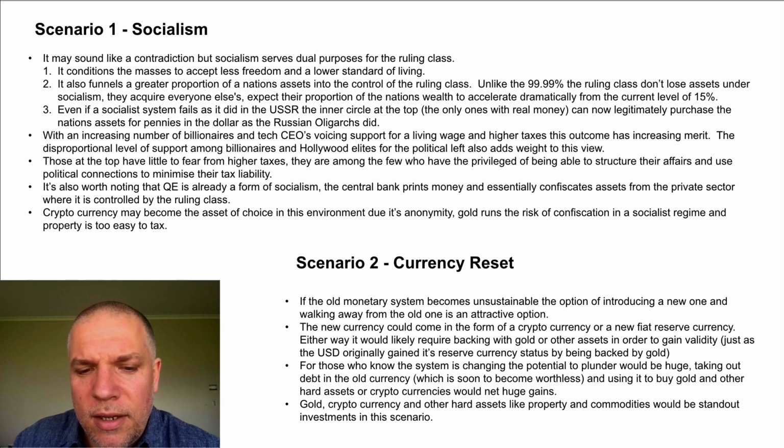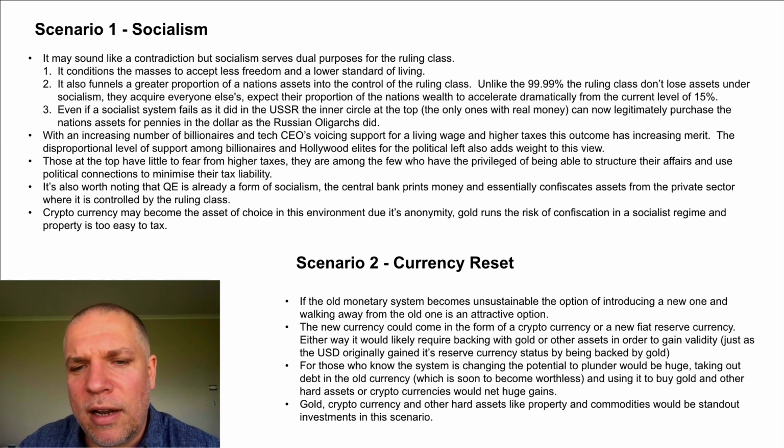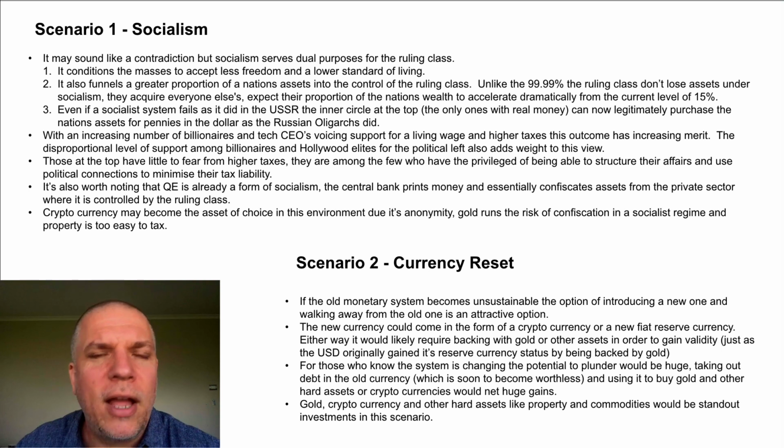And the beauty about this option for the ruling class, and another reason why it's quite likely, is because they'll have a heads up on if it's going to happen and when it will happen and what form it'll take. And if you know that, boy, you've got a chance to just multiply your wealth many times. You could borrow the failing currency, knowing that debt's going to become worthless, and buy up all sorts of hard assets that are going to do well after the reset.